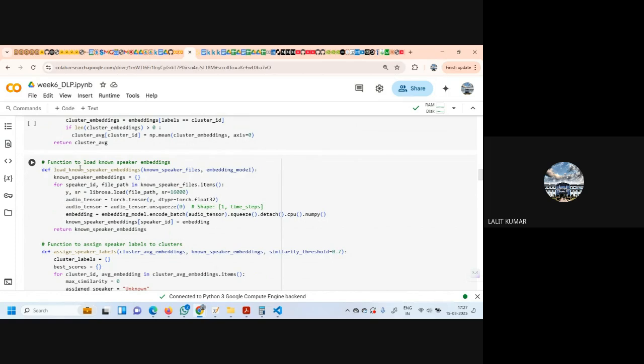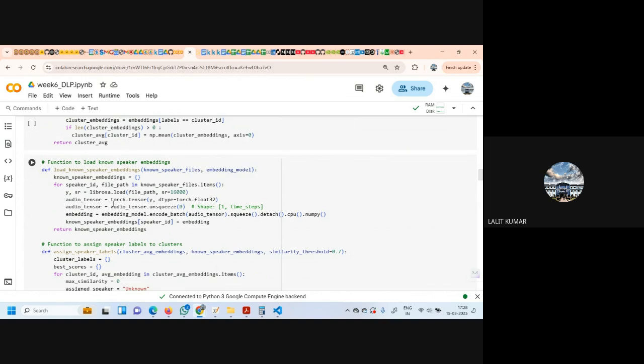Then we have to define a function to load the known speaker embeddings to test it. Initially, known speaker embeddings is a blank dictionary, and then for speaker ID, file path in known speaker file names, Y and SR, again we are loading from Librosa.